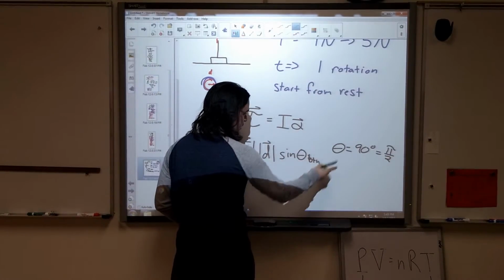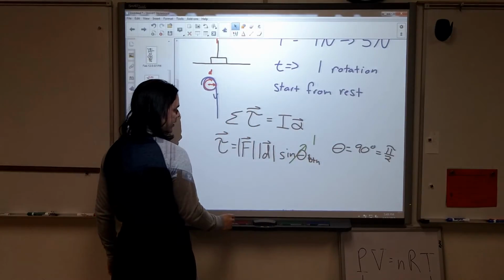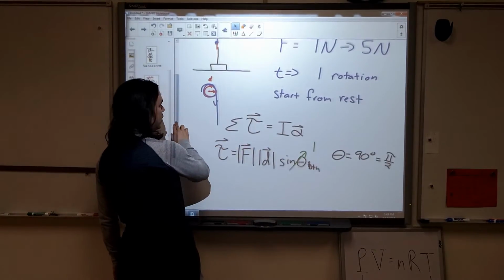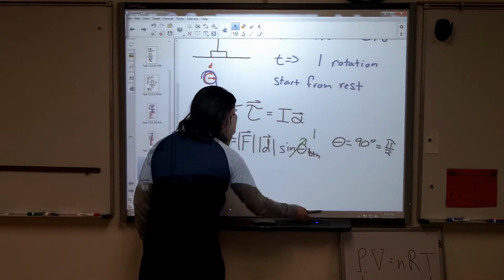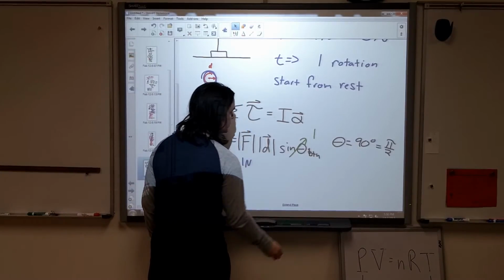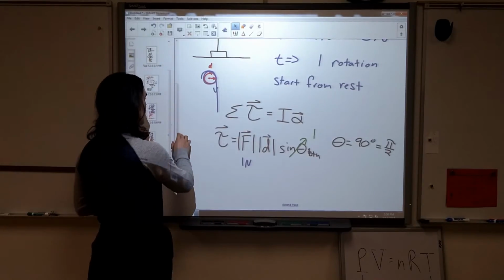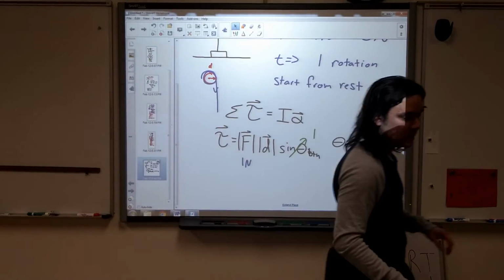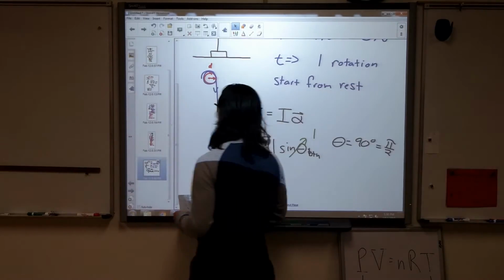In either case, sine of 90 or sine of pi over 2 is going to give you a positive 1. We can actually forget that part. So the force, which we recorded, great. We're going to use our forces, 1 Newton, 2 Newton, 3 Newton, 4 Newton, and so forth, to come up with the torque. The other thing that we need is d, the lever arm that force is applied at,